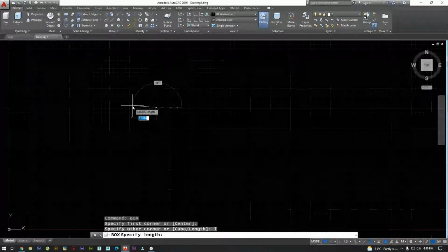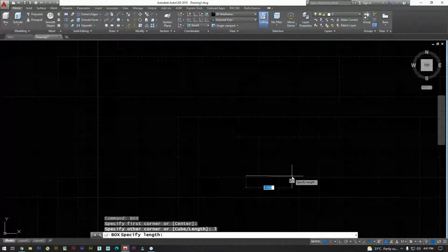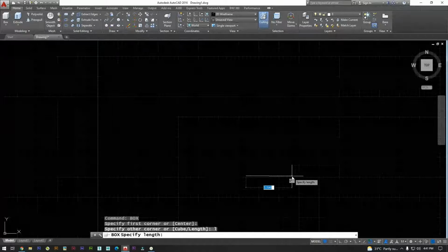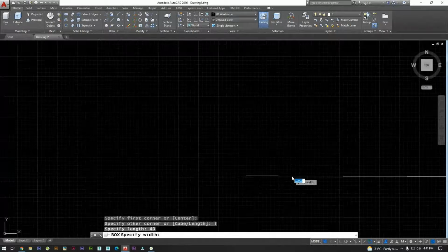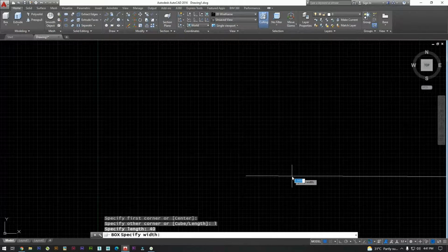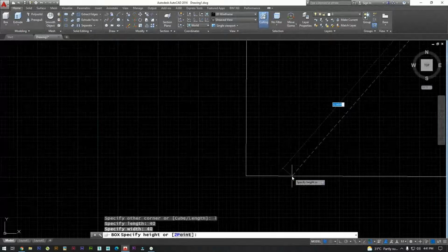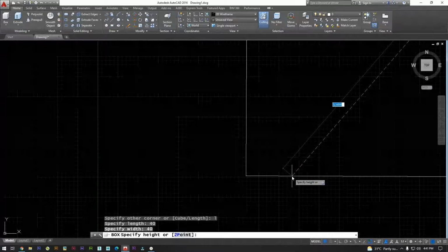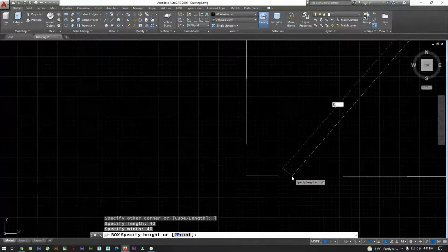Now what is the length? 40. Okay, 40. Then width. 40 again. Okay, height. 12. Yeah. Next.